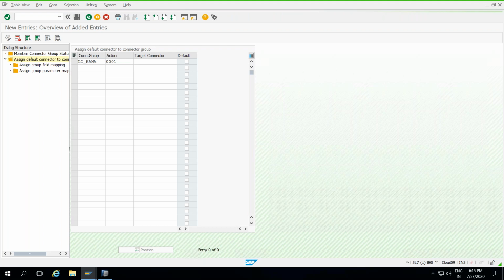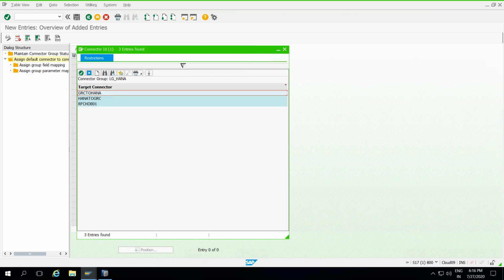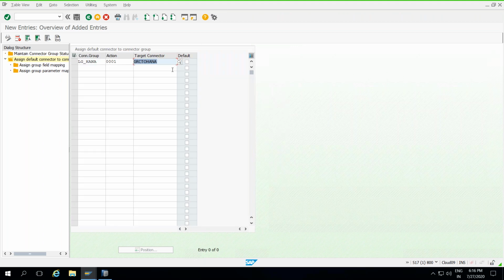It's taking time. Yeah, so this is the one, GRC to HANA. Save it.